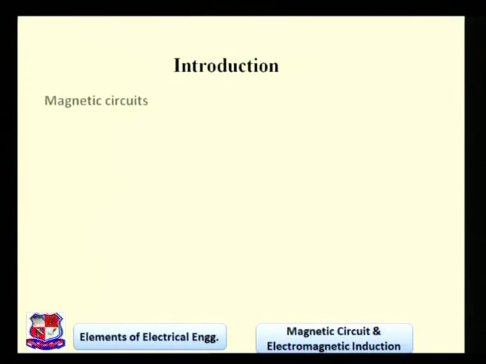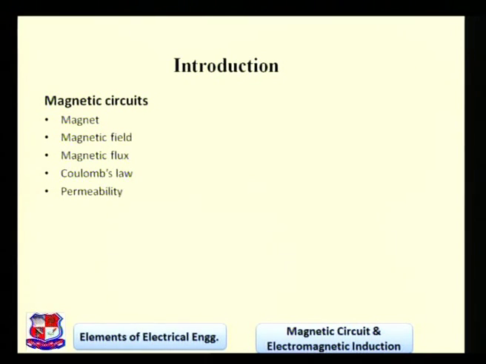We will cover magnetic circuits, then we will have an idea of what is a magnet, what is a magnetic field, what is magnetic flux, then we will see Coulomb's law. After that we will see what is permeability, then we are going to see the classification of magnetic materials. After that we will have an idea of magnetic density,